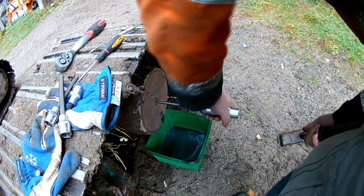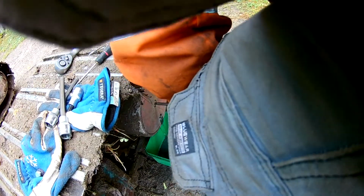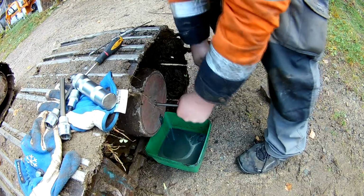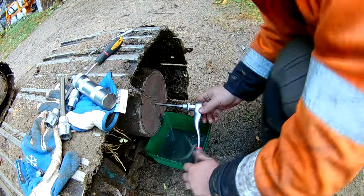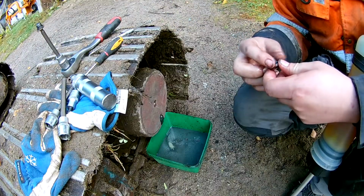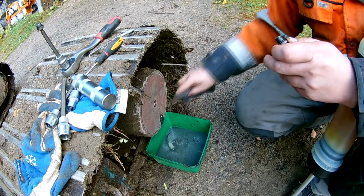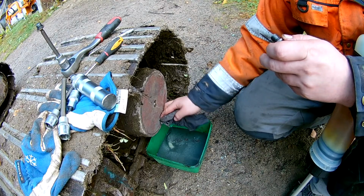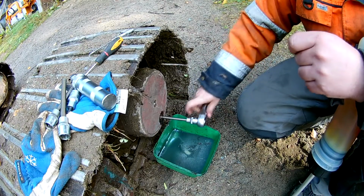I'm not sure exactly how many hours are on the oil. This machine I think will be in my possession until it's time for scrap. It feels like it does an amazing job, and as long as I can keep it running without too much trouble, I will keep it. So